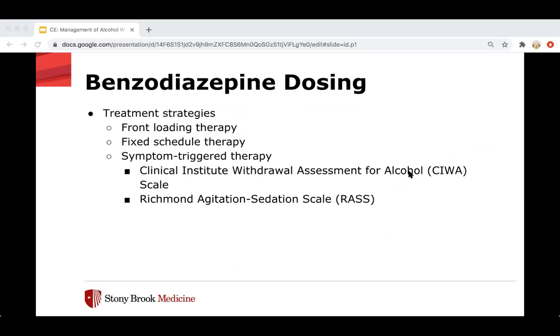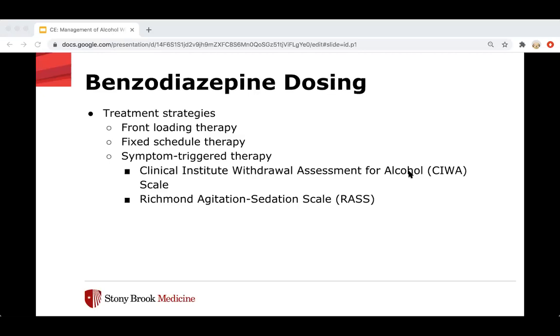So we have front-loading therapy. This is recommended for patients who are at greater risk of experiencing dangerous complications should they develop severe withdrawal. So this is for patients who are likely to be harmed by prolonged periods of hypertension or tachycardia. These are patients who are frail, older adults with underlying cardiovascular disease. And the whole idea behind front-loading therapy is to achieve heavier sedation very rapidly and then closely monitor their sedation from there. So this is usually, we give diazepam 5 to 10 milligrams IV every 5 to 10 minutes until